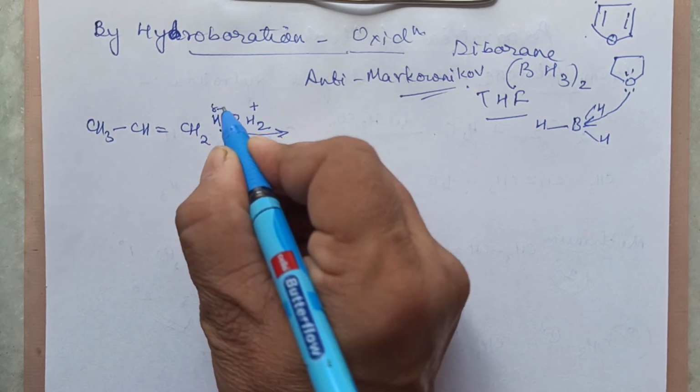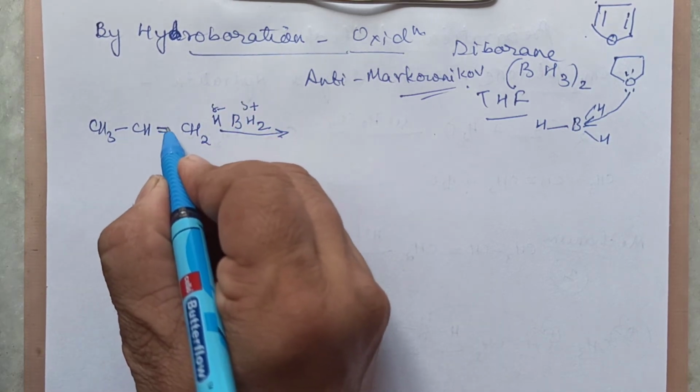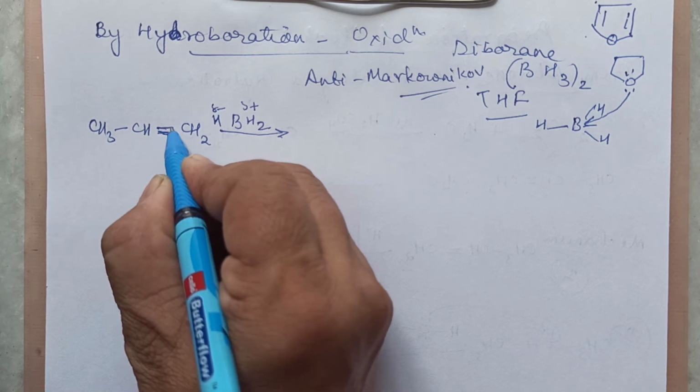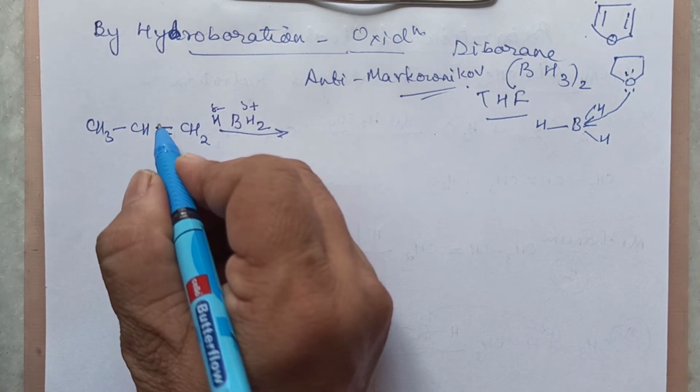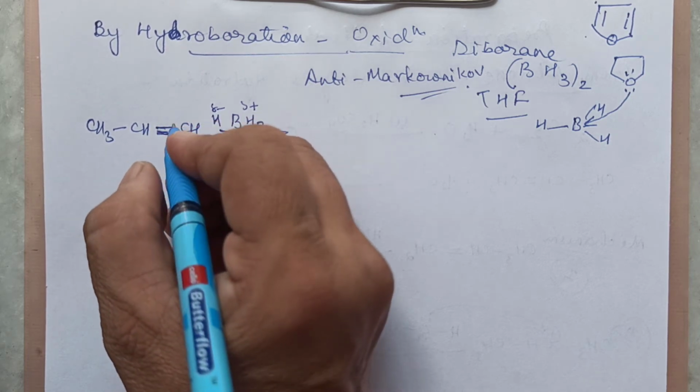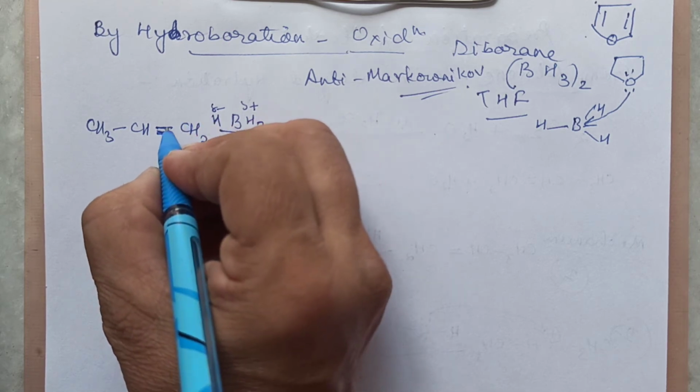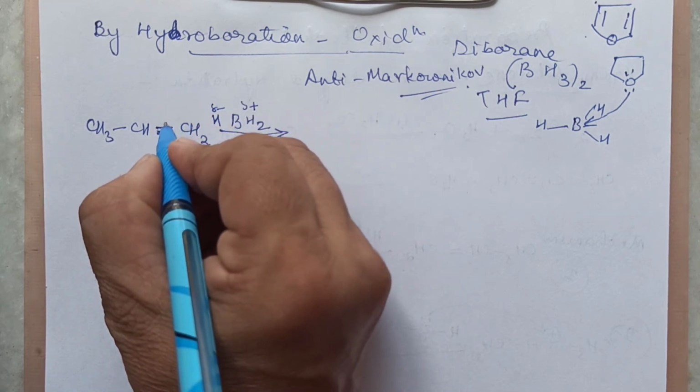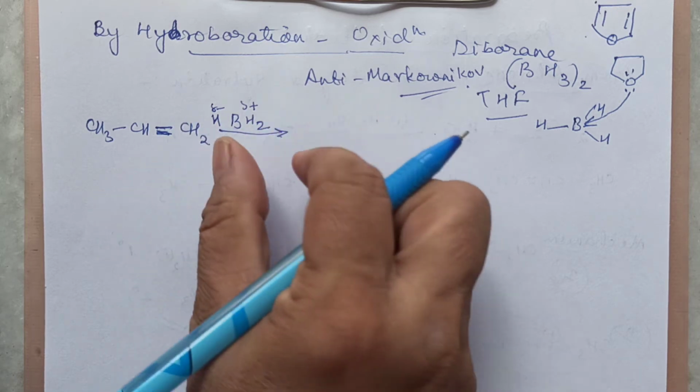Partial positive or partial negative, you can say. And there is a pi bond between pi and sigma bond. Okay, so pi bond is a weaker bond. Because the pi bond is a weaker bond, it will break faster, and on this the H and